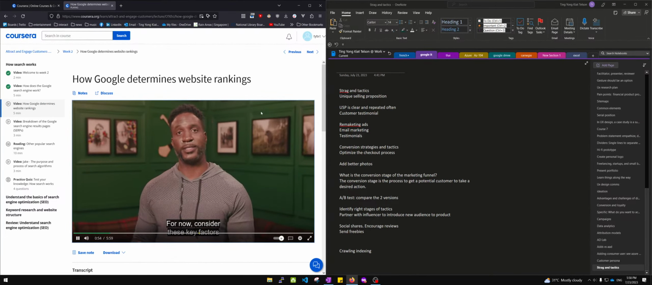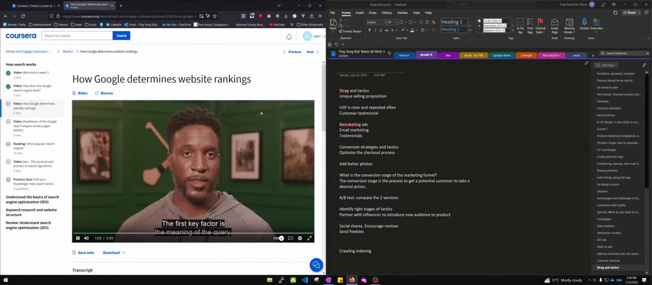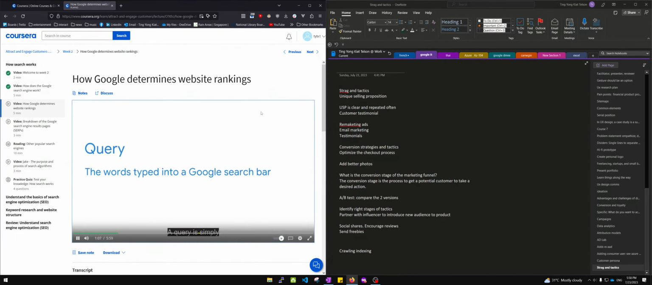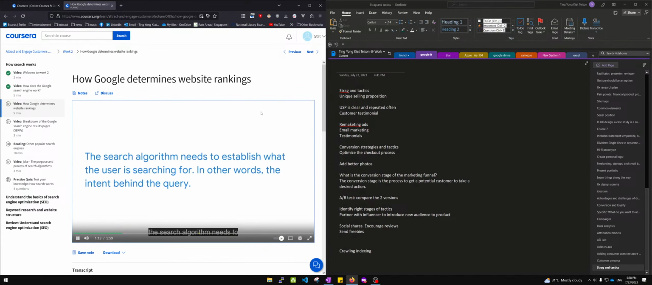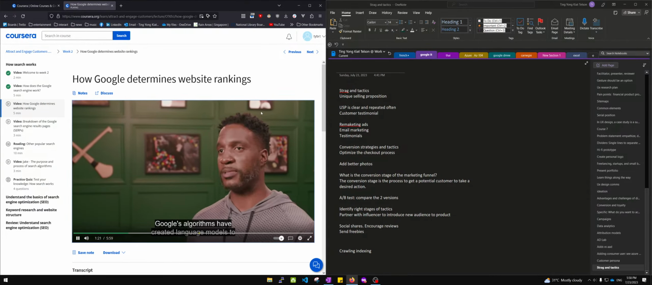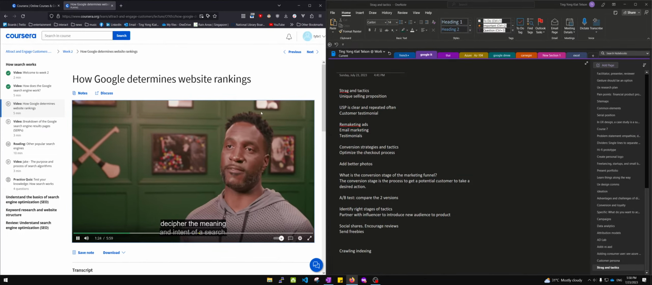For now, consider these key factors from a search engine's perspective, so you understand what the search algorithm considers when ranking websites. The first key factor is the meaning of the query. A query is simply the words typed into a Google search bar. To return relevant results, the search algorithm needs to establish what the user is searching for. In other words, the intent behind the query. Google's algorithms have created language models to decipher the meaning